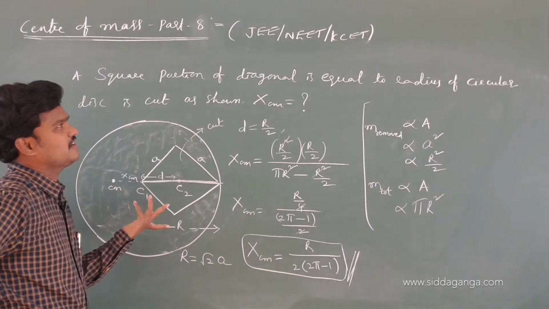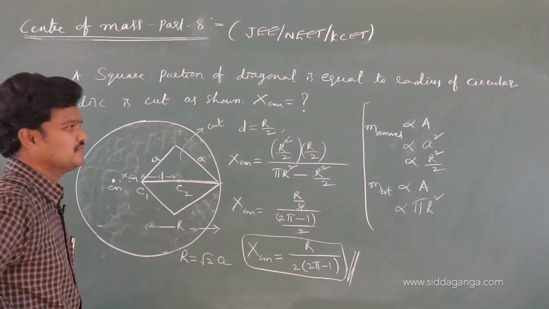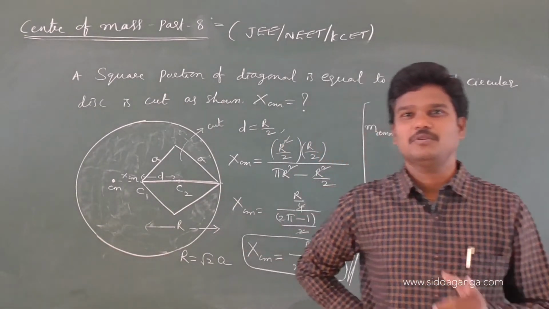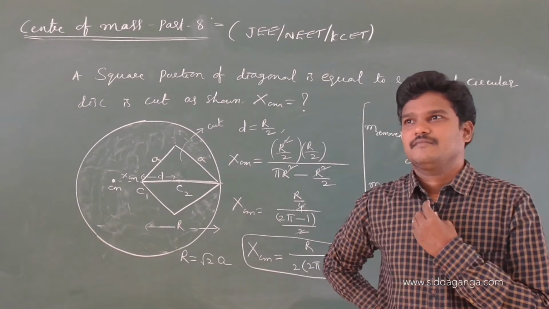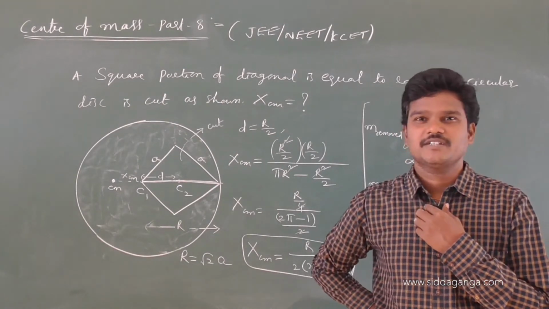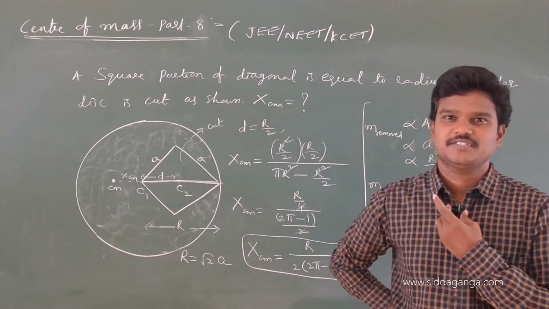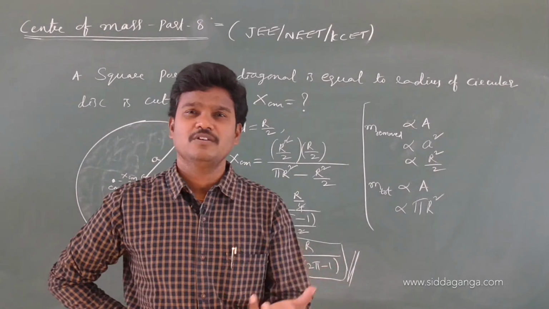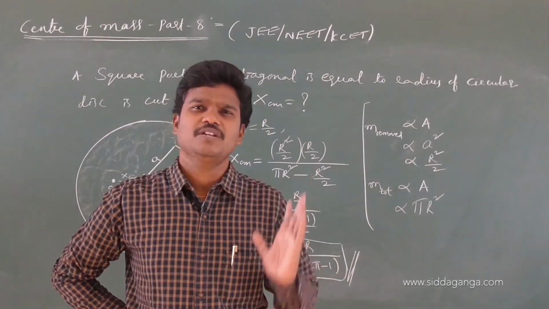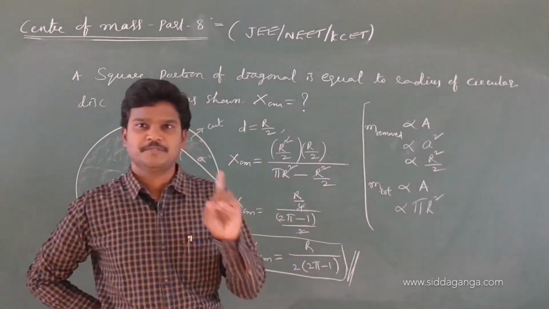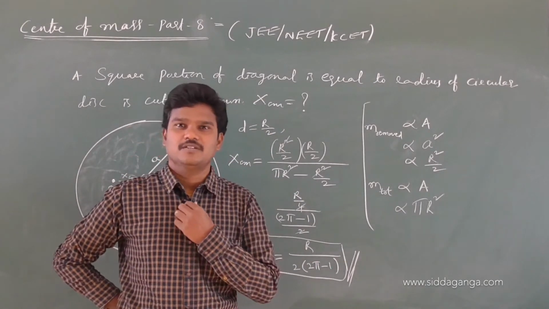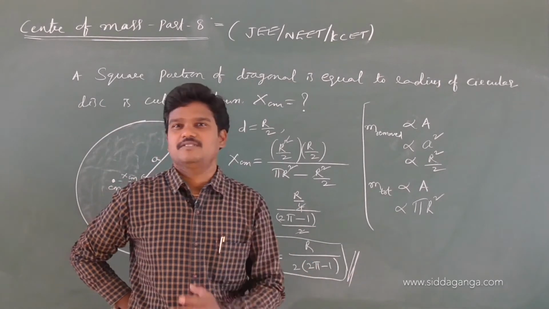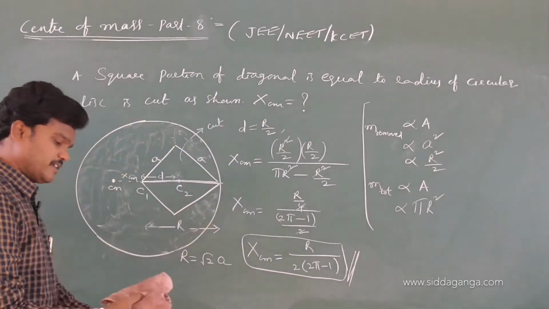So these are regular questions in entrances, easy level questions, not much tough. Maybe next some methods will come, integration, that you may face problems with. First PUC students don't know proper integration, but second PUC students will enjoy the integration process. Semicircular wire will come, solid sphere, hollow sphere, solid cone, hollow cone. Derivations are too lengthy. No need to worry about the derivations, especially for first PUC students. If you are good at integration, no doubt you will enjoy the integration methods. Anyhow, let me continue this one.